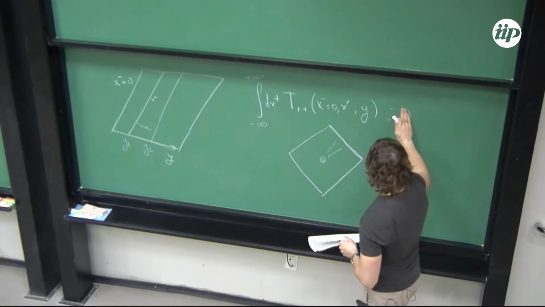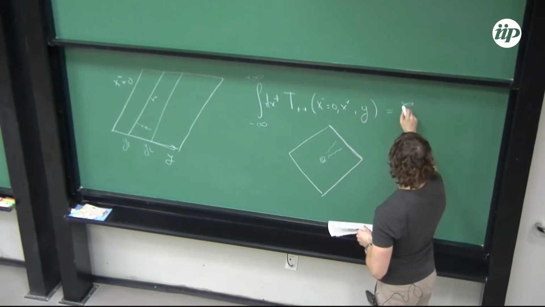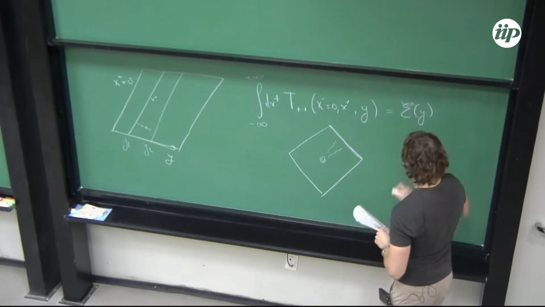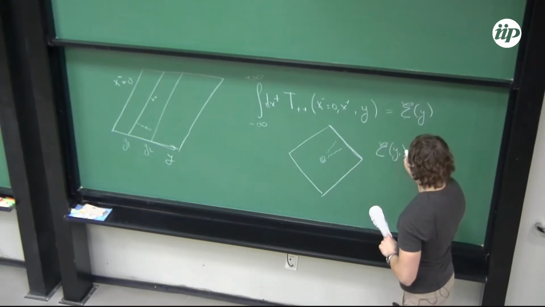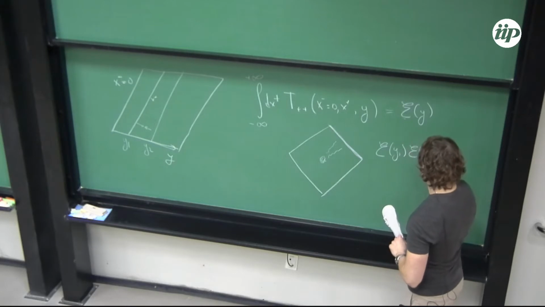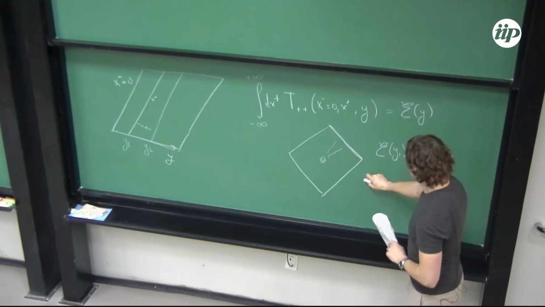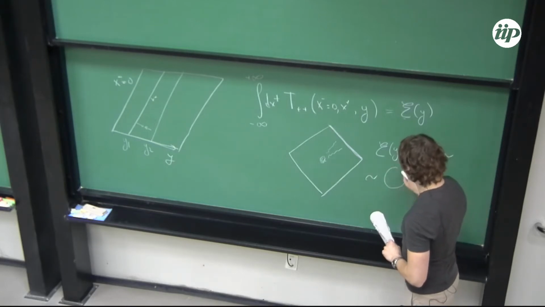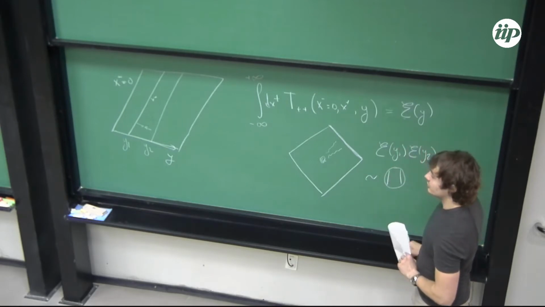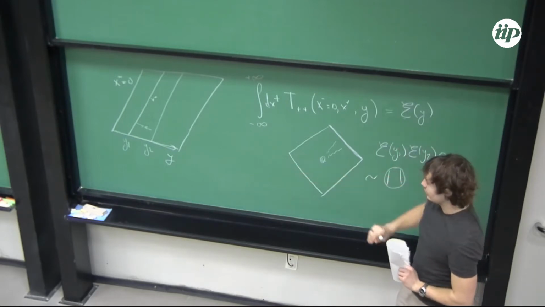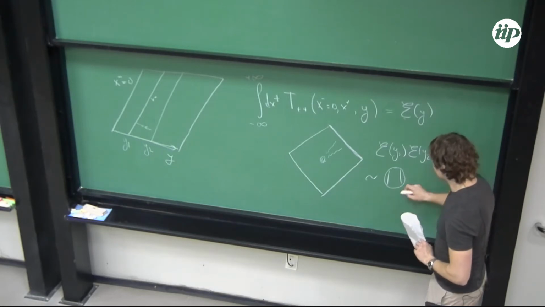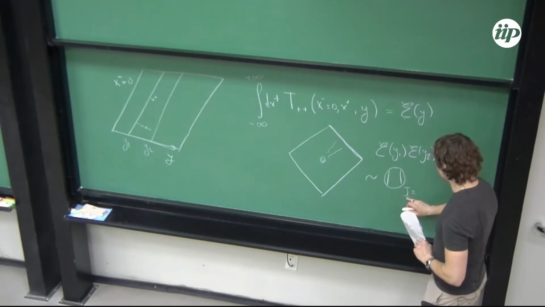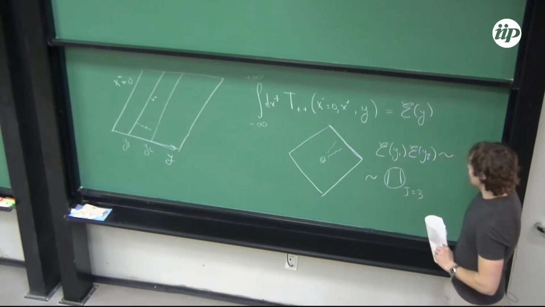If I define this operator to be some E of y, then Hofman and Maldacena argued that E of y1, E of y2 have some OPE, which is dominated by some non-local operator. It's not necessarily the same non-local operator, but I'll denote it by the same letter, which has spin equals 3 in some definition of spin. And they